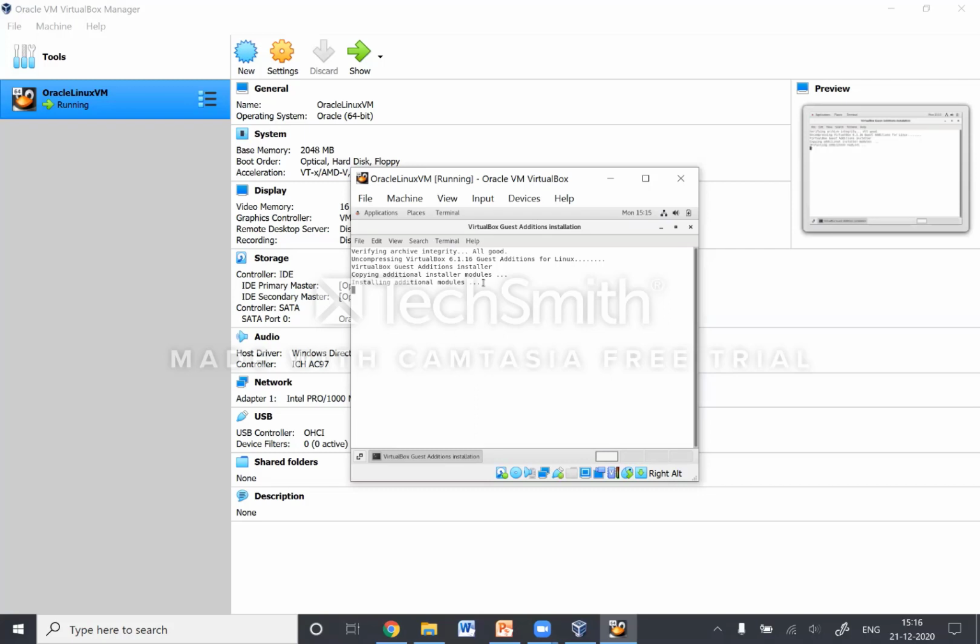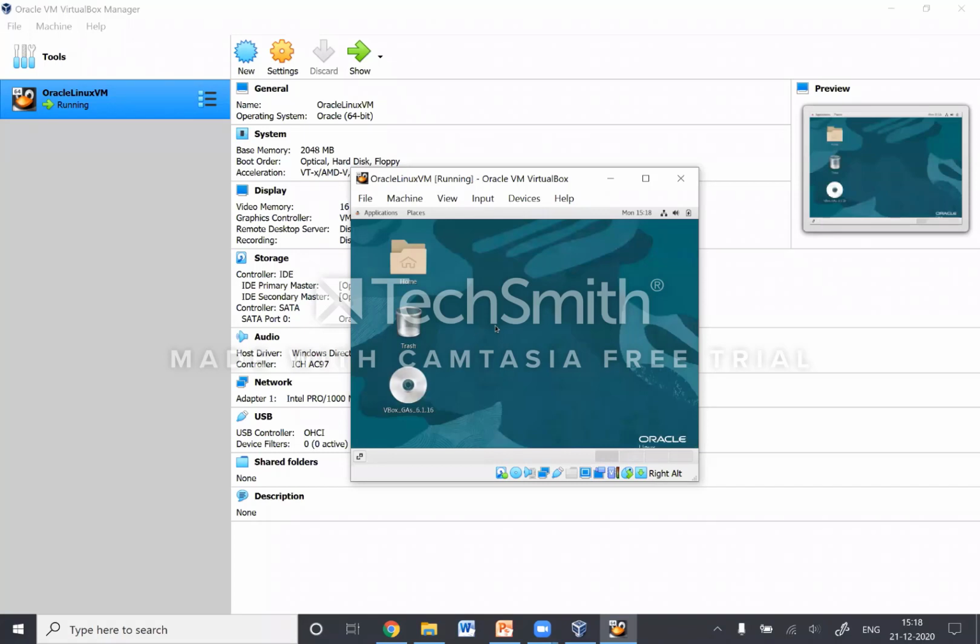This will take a couple of minutes. Okay, so now the installation is complete. It says press return to close this window. So I'll press enter. This window is closed.